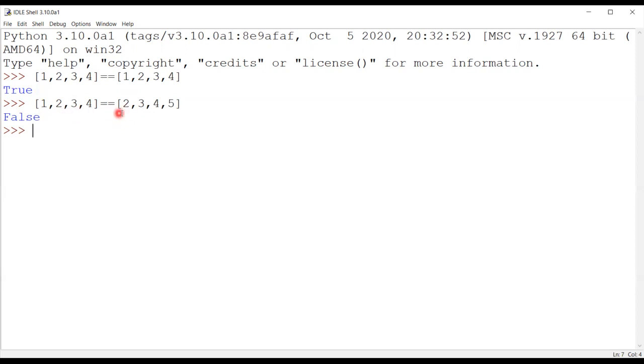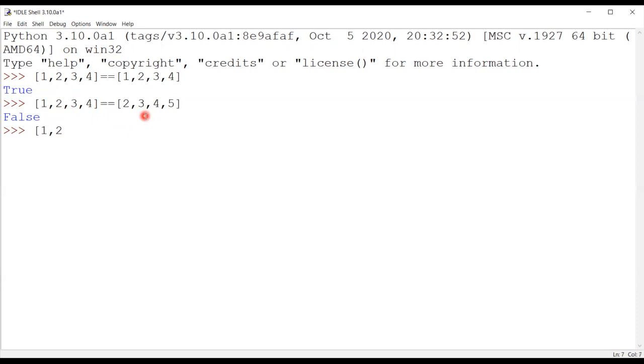It is not equal to 2. So my comparison result is made on my first element only. The interpreter will not even look for the second element in the list. My decision is made, right?